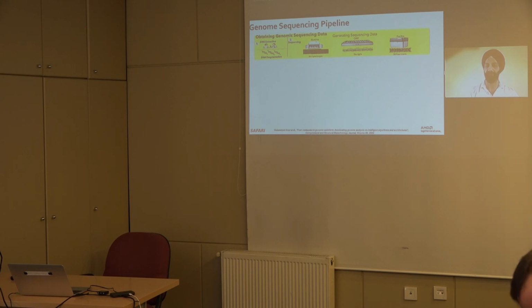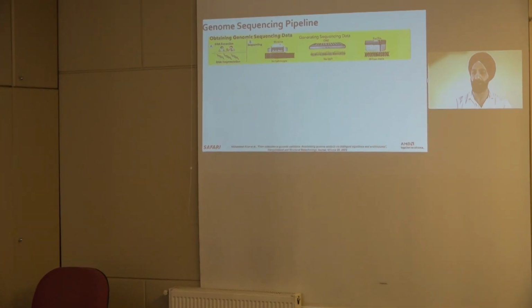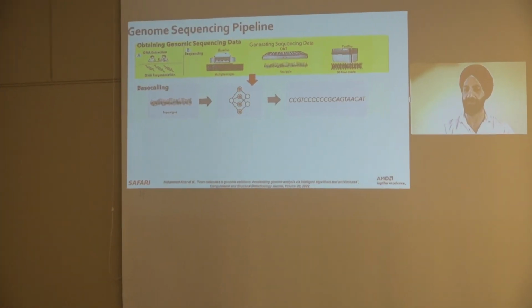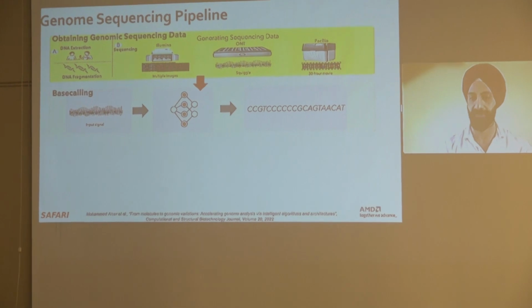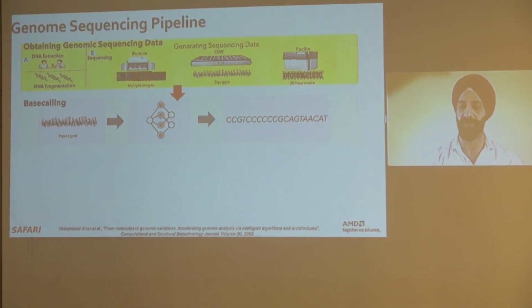We always start from a DNA sample, which we generate from a sequencing machine, and there are different companies, for example, Illumina, ONT, Bio. These are the major companies. Once we have the genomic data, we start the genome processing step. The very first step is basecalling, where we convert the raw sequencing data to ACGT DNA base pairs. For example, this process over here I show from ONT, but similar approaches are used by different